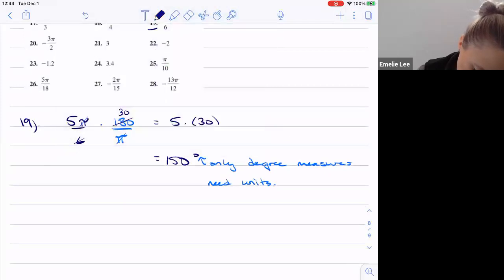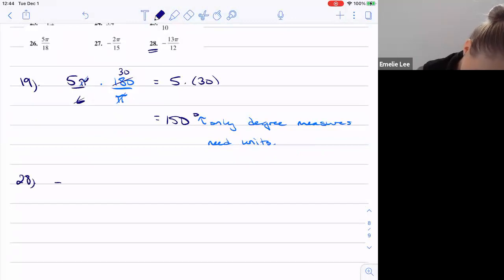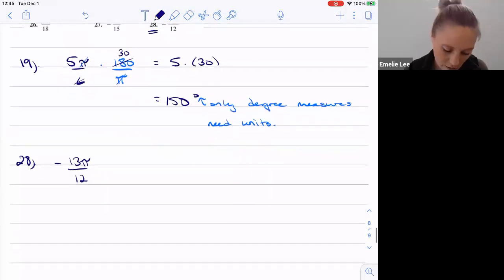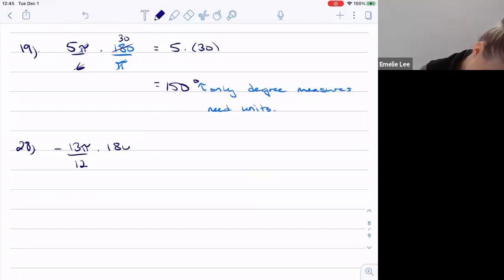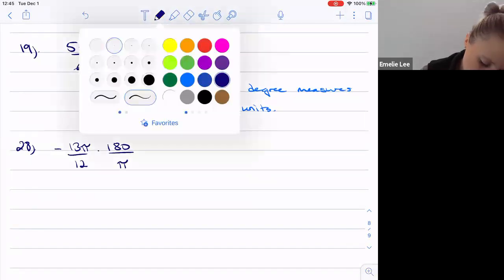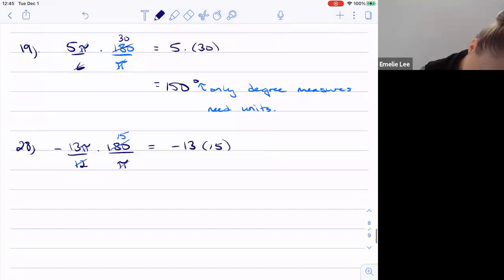Let's do another one. Let's do 28. Negative 13 pi over 12. No units, so it must be in radians. To convert to degrees, though, I need to multiply by 180 over pi. So times 180 over pi. Notice that the pi's are going to cancel again. And then the 180, let's just see if it's divisible by 12. 180 divided by 12 is 15. So this becomes negative 13 times 15,